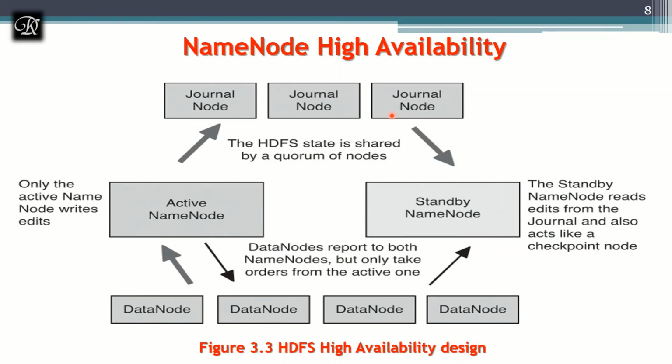Next, we'll see name node high availability. Why? Because the name node is the one which should be available throughout the process. If it goes down, then everything will go down. That's why we have to keep it alive, not just as much as possible, but 24/7. The best examples I can give are our Gmail service and ATMs. They should run throughout, 24/7. It should not be that it works at this time and not at that time, because then the service is not acceptable. Similarly, the name node should always run, so it should be highly available.